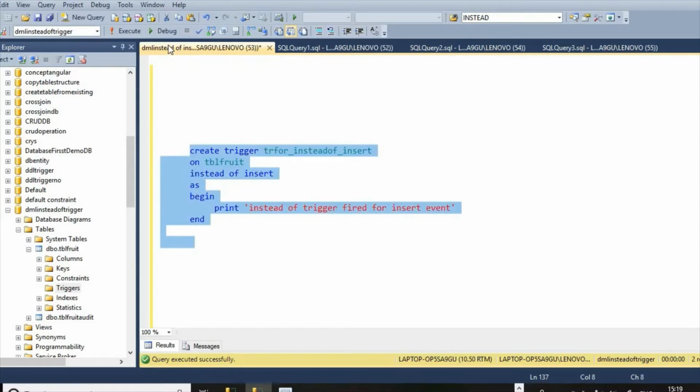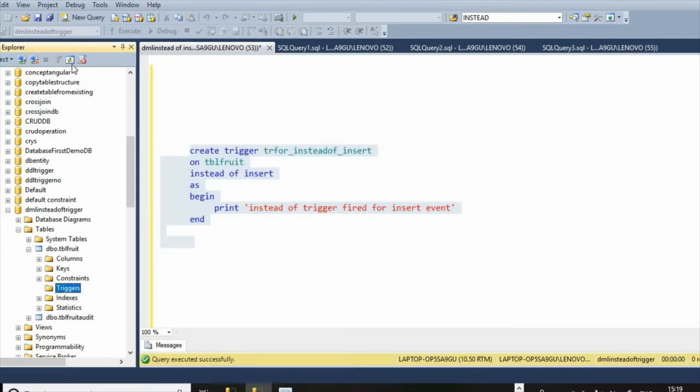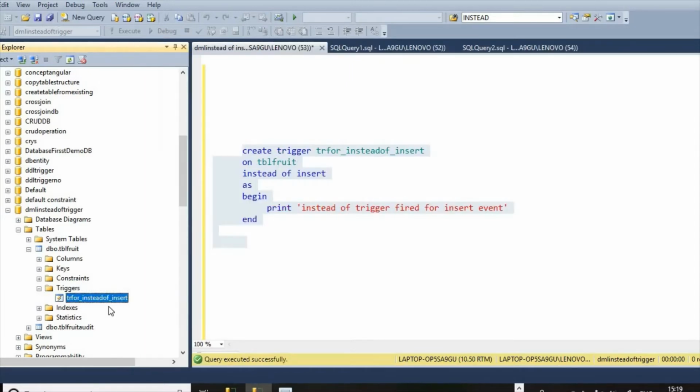If we execute this, we can see tr for instead of insert trigger created successfully.